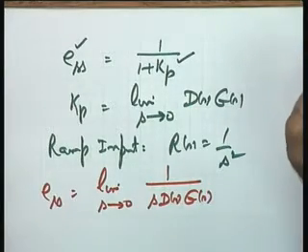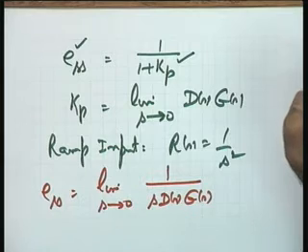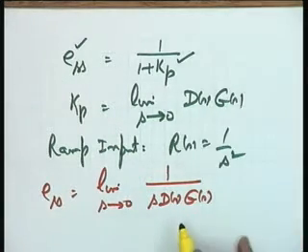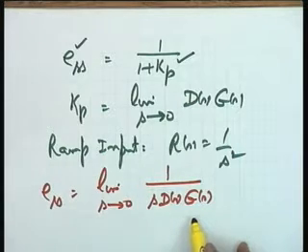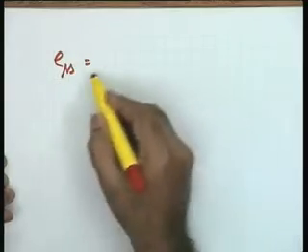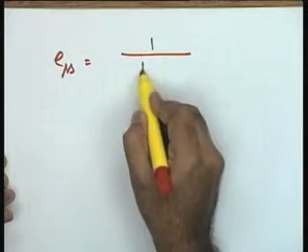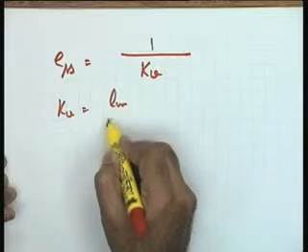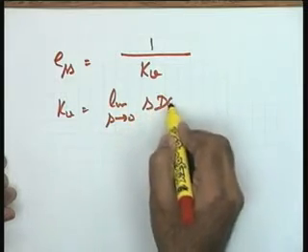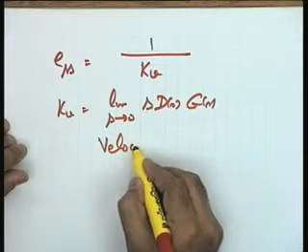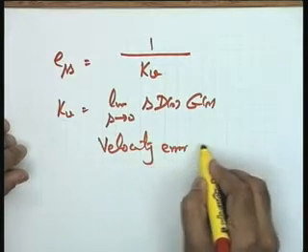I have substituted Rs is equal to 1 over s squared in the standard result and let s go to 0. Okay, this is for you to verify. I remember the final result, that is why I have put it in this form. If that is okay with you, in that particular case I rearrange this result in the form ESS is equal to 1 over kV, where kV is equal to limit s tends to 0 s ds/gs. This kV in the literature is referred to as velocity error constant.